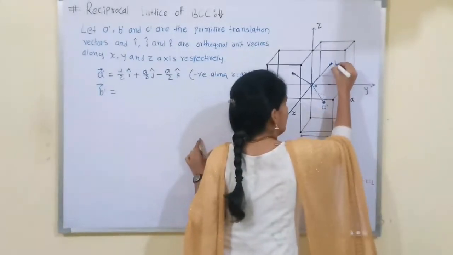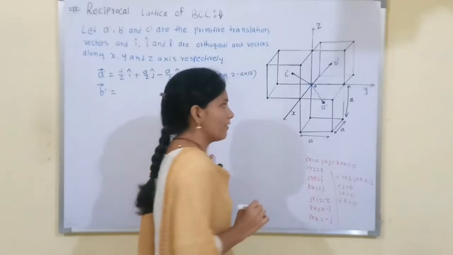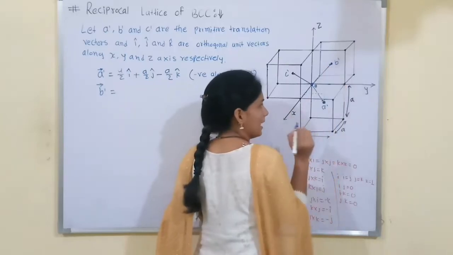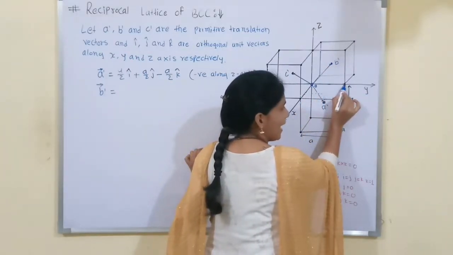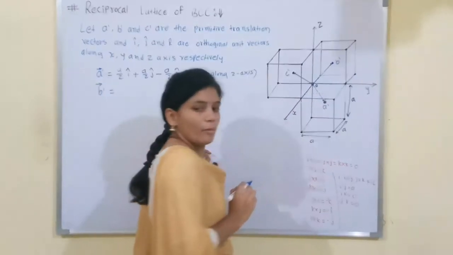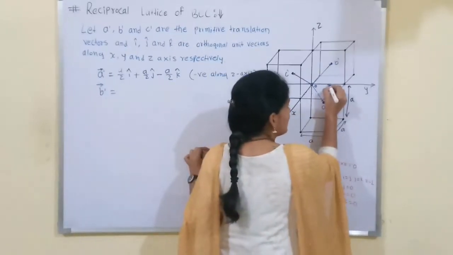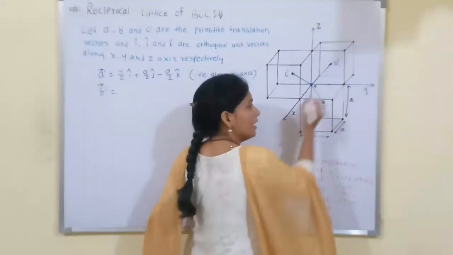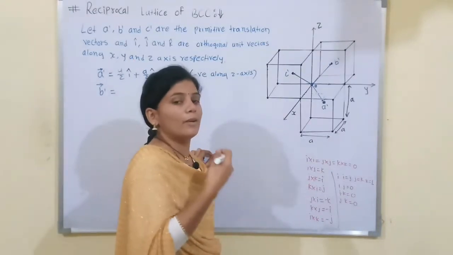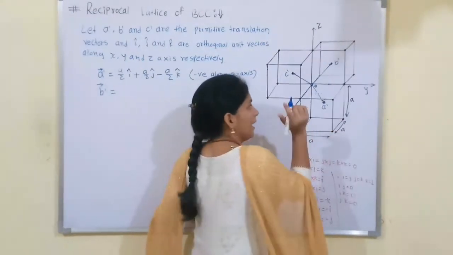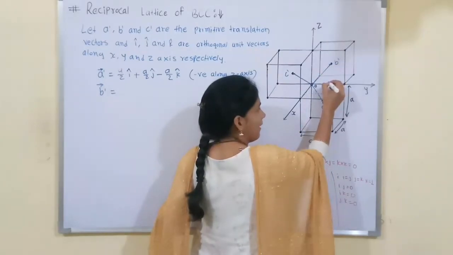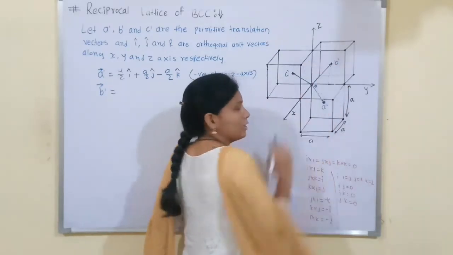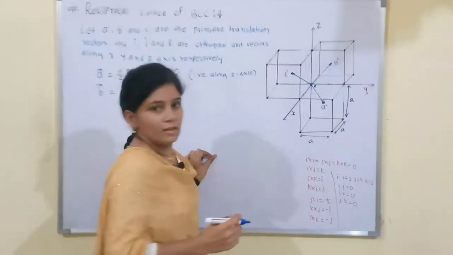This is the B dash and this is the C dash vector. If we want to translate this lattice point towards this lattice point, we will go along the positive y-axis and also along the positive z-axis till this point. That means we will go along y-axis half of the edge, that means A by 2 distance only, we will travel half the distance of that edge. After that we will travel along the positive z-axis, also half distance of this.